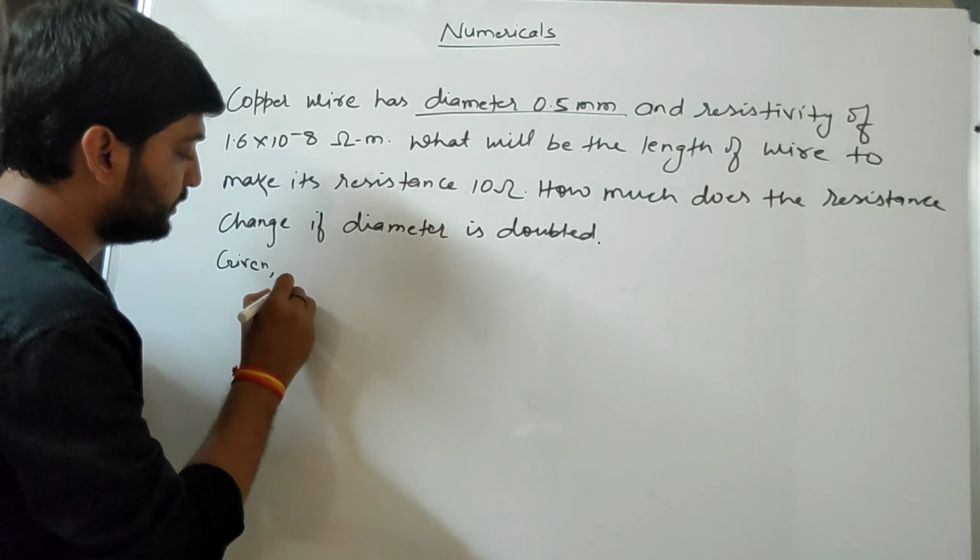See, if we are doubling the diameter, resistance is going to decrease, because resistance is inversely proportional to area. If area increases, resistance decreases. It is proved here. What is the formula? R is equal to rho L upon A, meaning R is inversely proportional to A. So if diameter is doubled, area is increased, and as the area is increased, resistance is decreased. In this case, resistance was 10 ohm, but in this case, resistance is just 2.5 ohm.